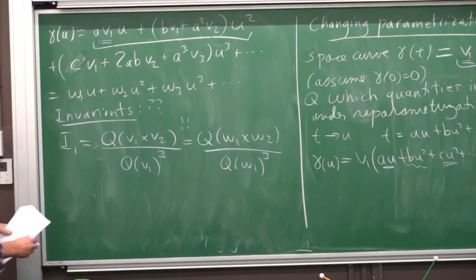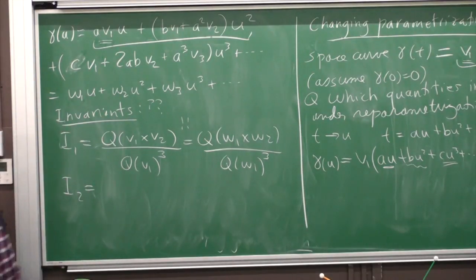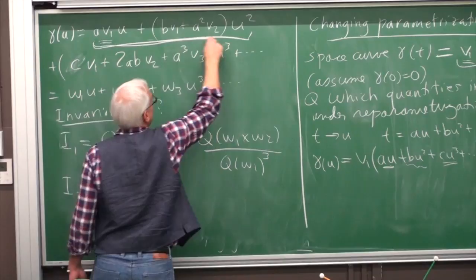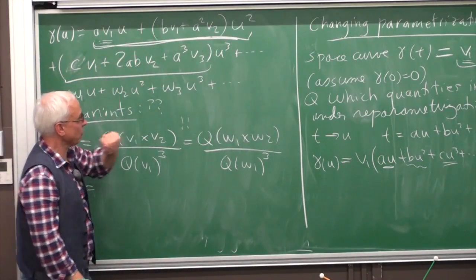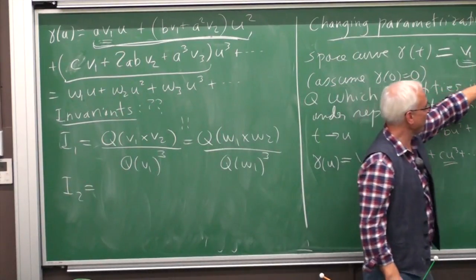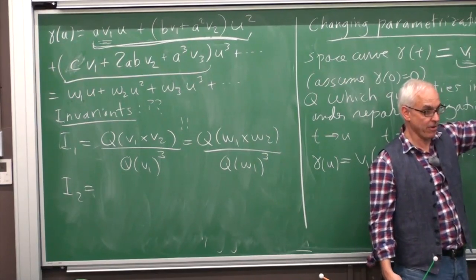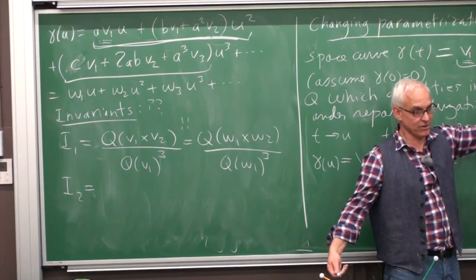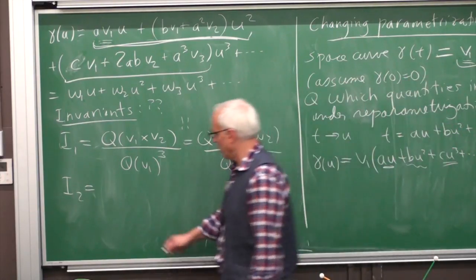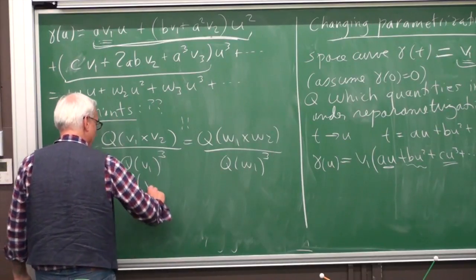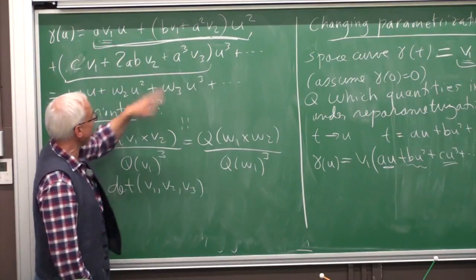And what's another one? Well, another one is determined by using all three terms. Got here a vector, here a vector, here a vector. Maybe think here. This vector, this vector, this vector. You want a number. If you have three vectors, you want a number. You should take the determinant of the matrix with those three vectors. So what we're going to do, we're going to take the determinant of the matrix with vectors V1, V2, and V3. And what happens if we do it on this side? What do we get?